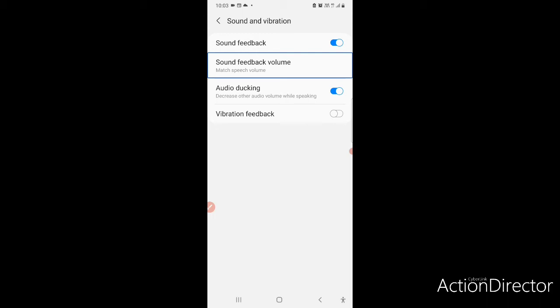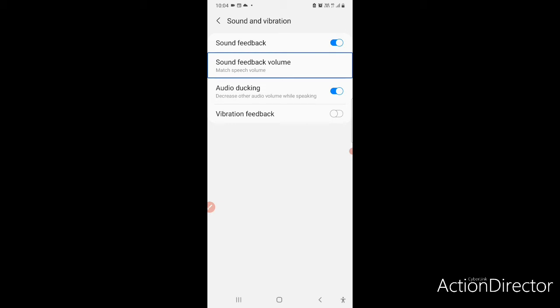Like if you want to reduce the volume of scrolling sound or swiping sound, you can reduce the volume by going in here. We have options: 10% of media volume, 20% of media volume, 30, 40, 50, 60, 70, 80, 90, and match media volume. So I have currently kept it to match media volume.